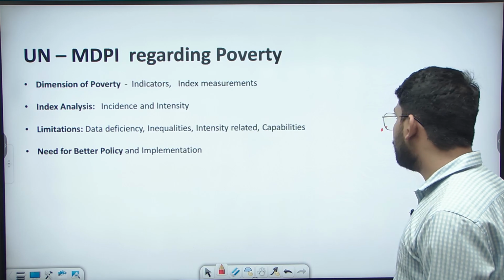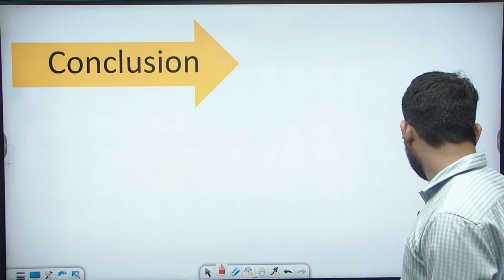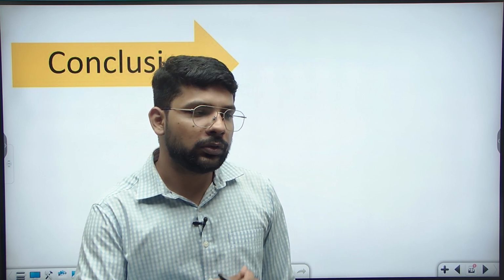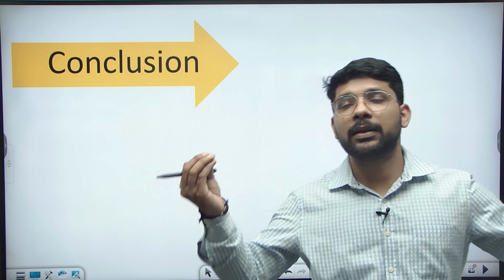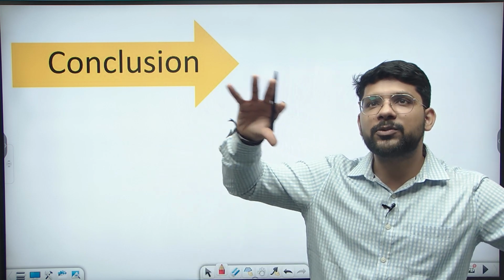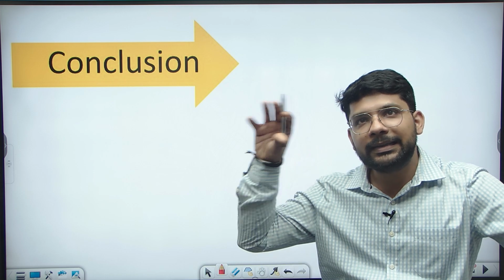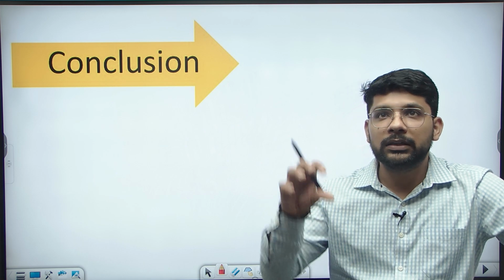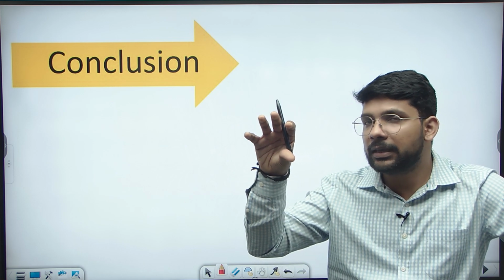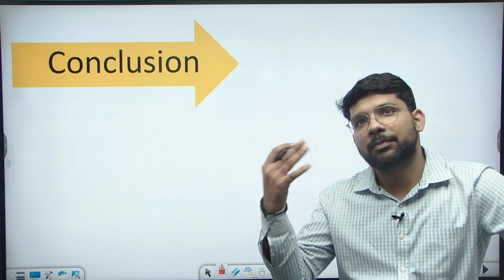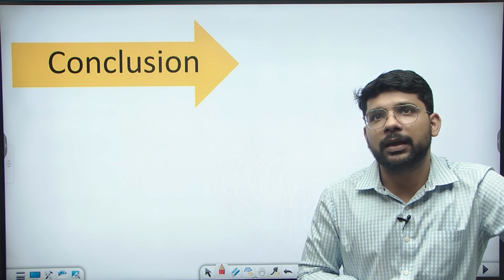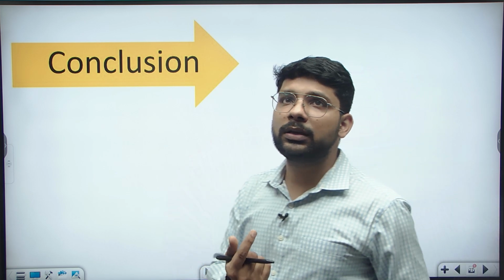Now you need to write about what can be the conclusion in this kind of question. What can you write in the conclusion? In the conclusion you can write about the measurement of poverty through the incidence, specifically the proportion, how much percentage of people are under poverty, and the intensity, specifically focusing on the different targeted areas, multiple types, like malnutrition. There is an issue related specifically to anemia. There is stunted growth in some of the areas.